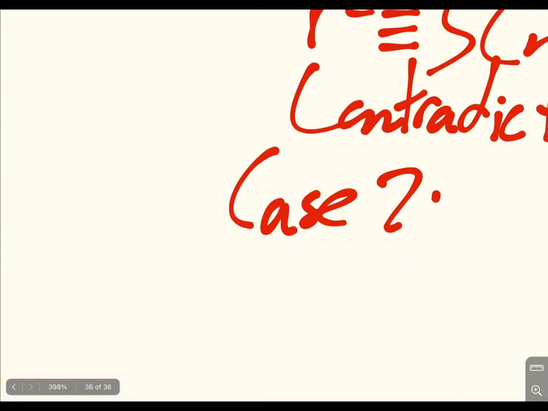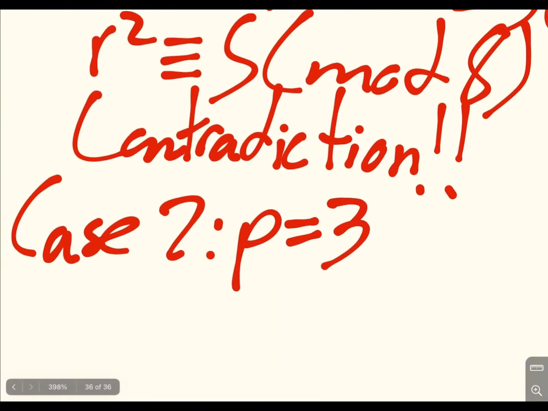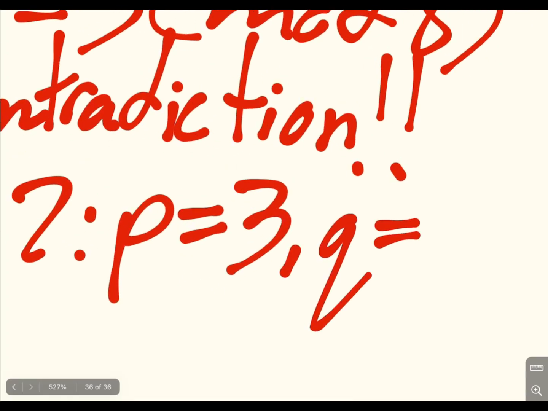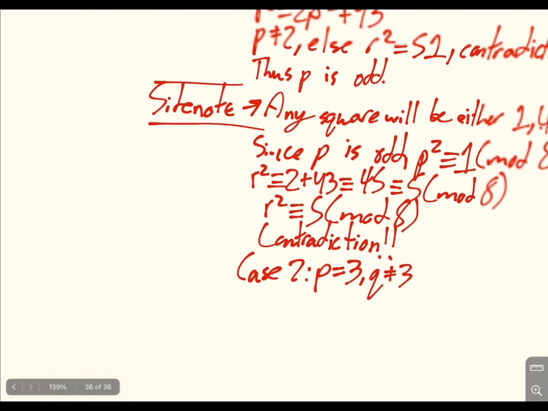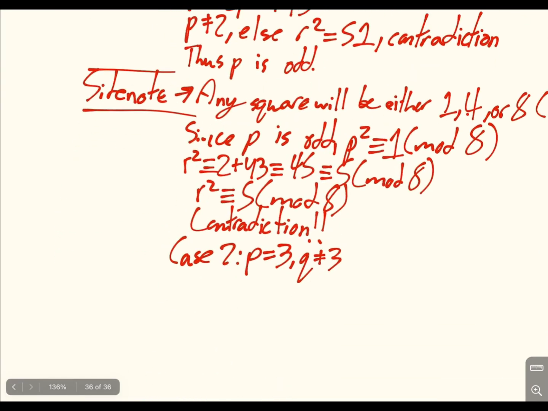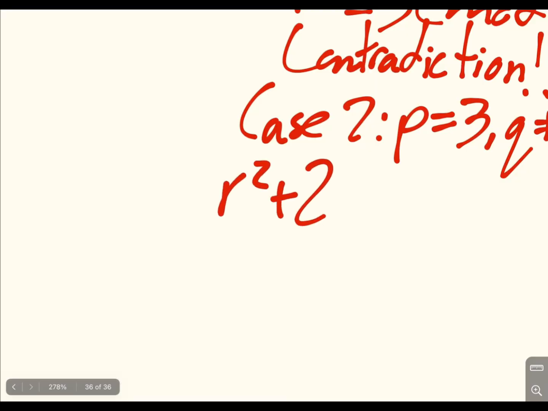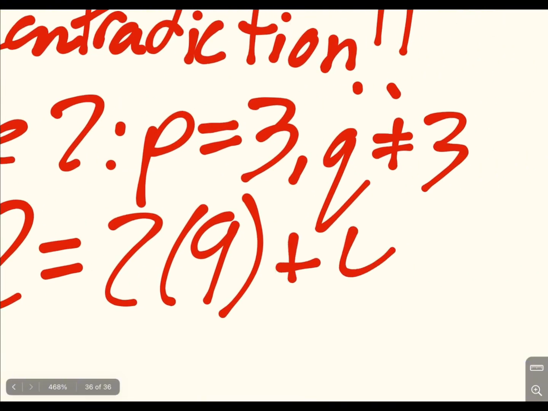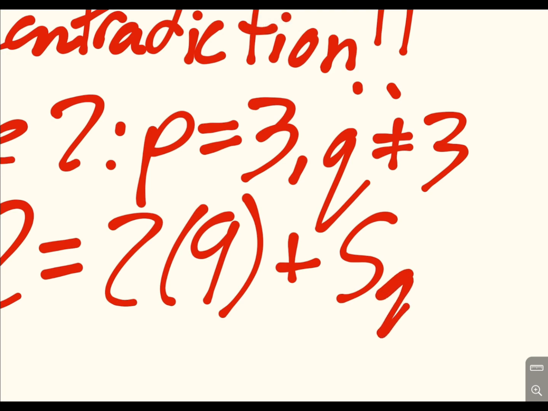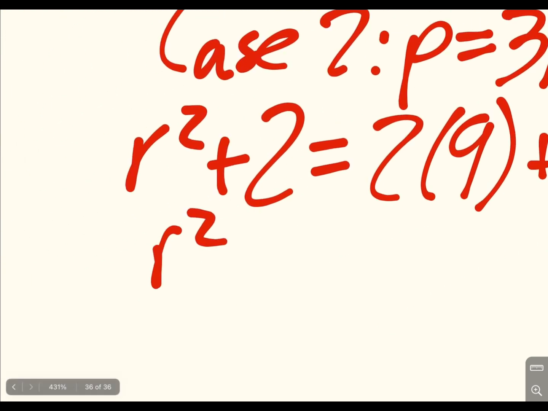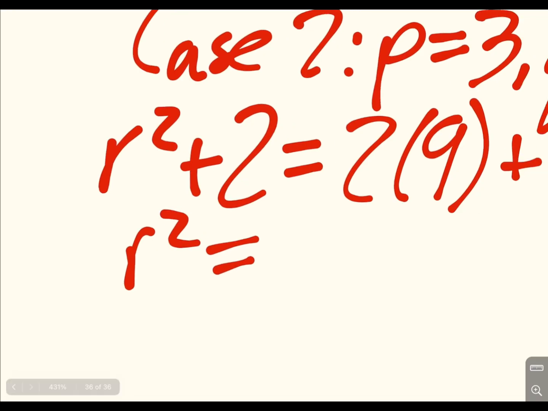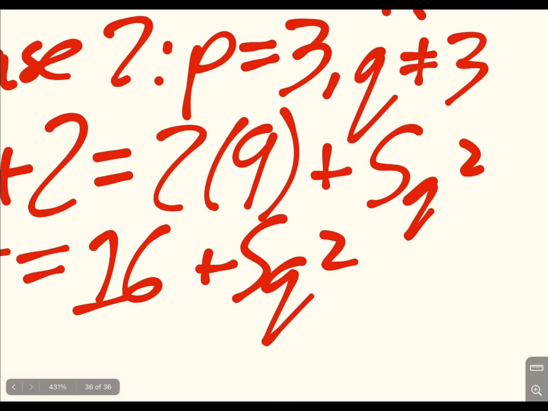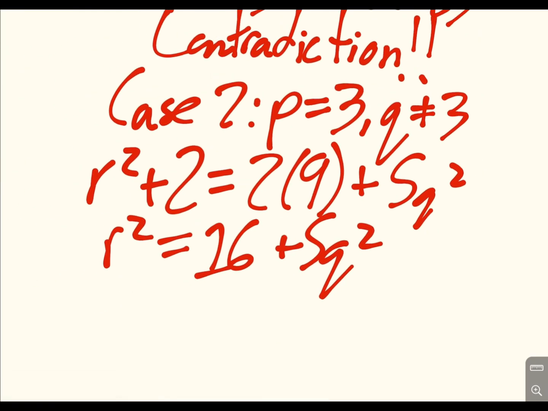Case 2. p equal to 3, and q is not equal to 3. Then this is just going to imply that r squared plus 2 is going to be equal to 2 times 9 plus 5q squared, and that's going to just simplify to 16 plus 5q squared. And if you notice here,